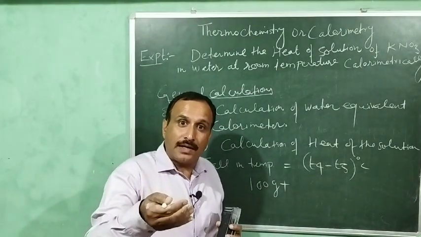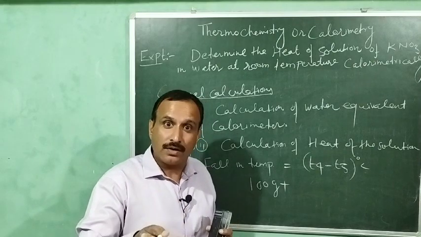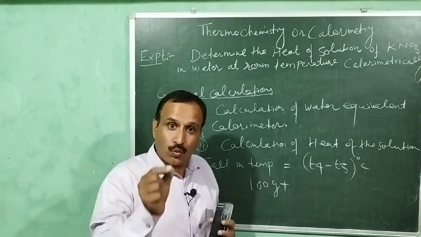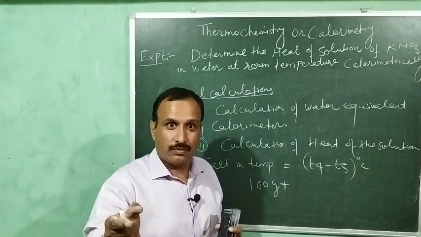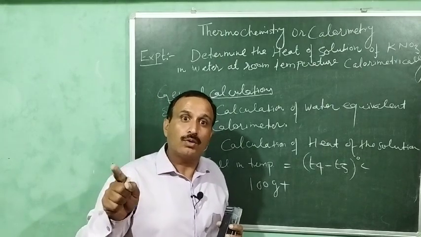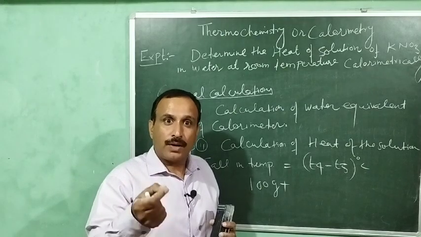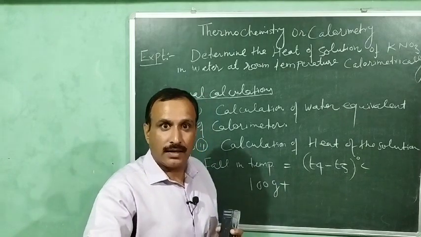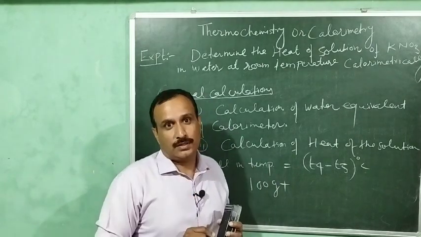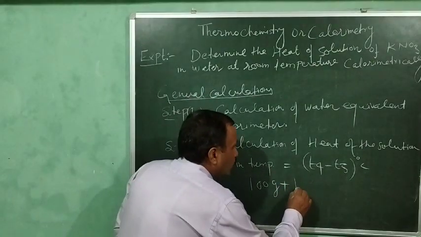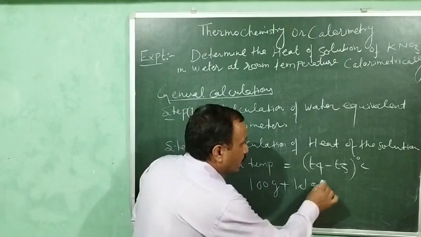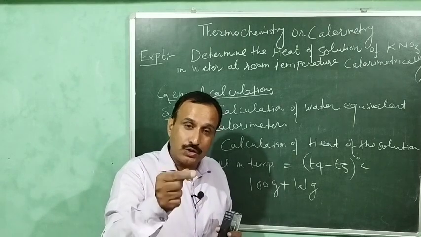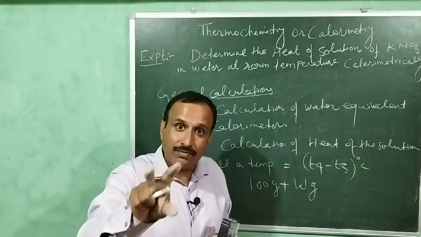ठीक है, तो कैलोरीमीटर के लिए we will write here it's water equivalent, because as I explained earlier, water equivalent is the weight of water which absorbs or evolves heat as absorbed or evolved by the calorimeter. वाटर इक्विवेलेंट पानी का वो वेट होता है जो उतनी ही हीट या तो एब्जॉर्ब करता है या इवॉल्व करता है, लूज करता है, जितनी कौन करता है, कैलोरीमीटर। तो कैलोरीमीटर के लिए यहाँ पे हम लोग क्या ऐड करेंगे, उसका वाटर इक्विवेलेंट, वो हो गया आपका W ग्राम। इसके साथ साथ जो 5 ग्राम वेट है पोटाशियम नाइट्रेट का, जो 5 ग्राम हमने कहाँ ऐड किया है, वाटर में, वो 5 ग्राम भी उसी सिस्टम